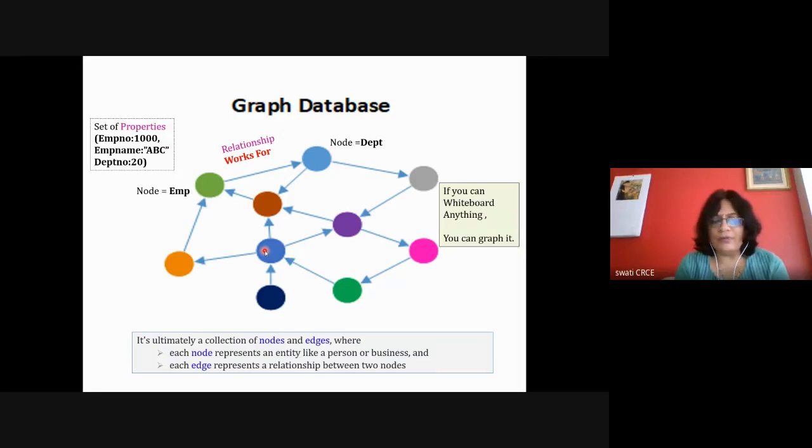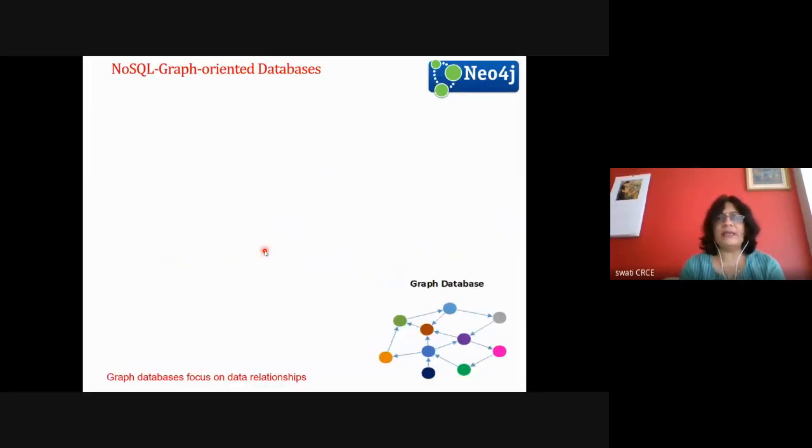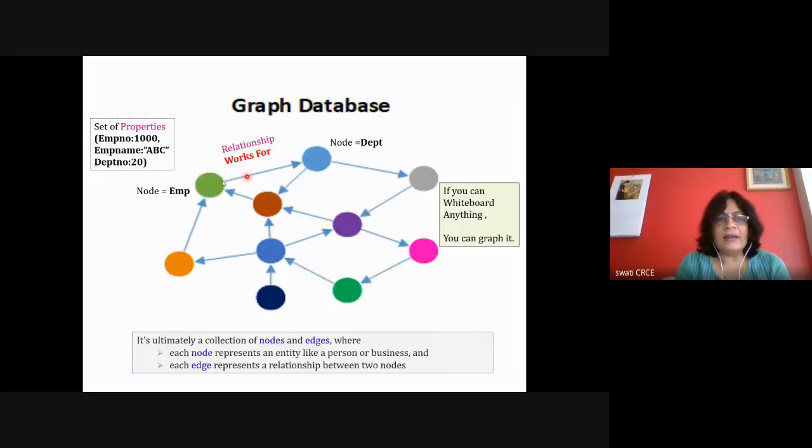This is the overview of graph oriented database. Whenever I say graph oriented database, you should remember this diagram. And remember that these relationships also have a set of properties. Nodes can have a set of properties, and relationships can also have a set of properties. When we design a graph oriented database, we concentrate on these relations, which we don't do for RDBMS. Because of that, we get some problems for analytical queries.